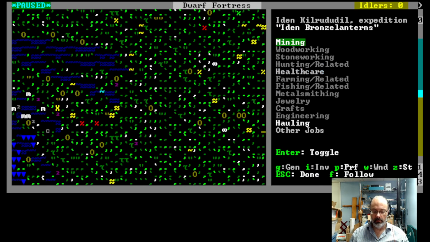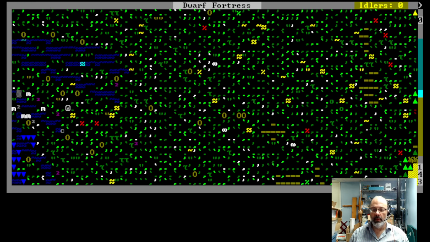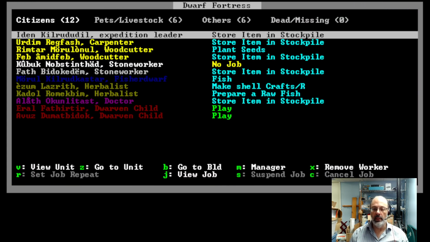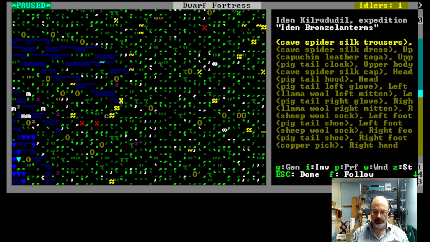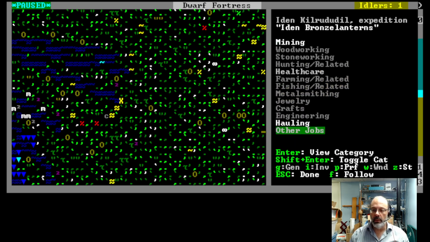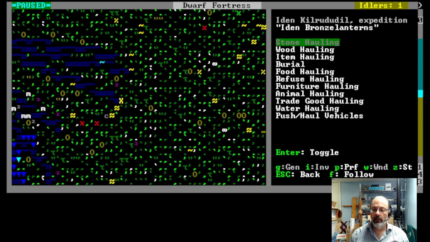What is she hauling? A mussel. Okay, you know what? I need you digging more than I need you hauling around mussels. We're going to take you off of hauling here. Stone, wood items. We'll leave you on burial and